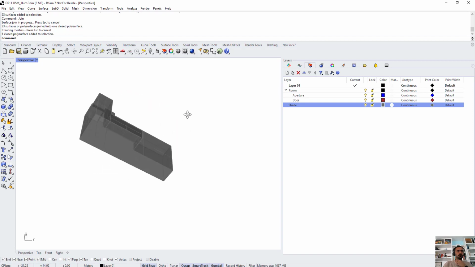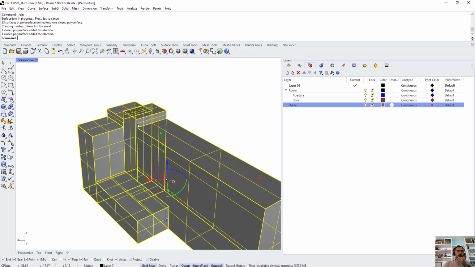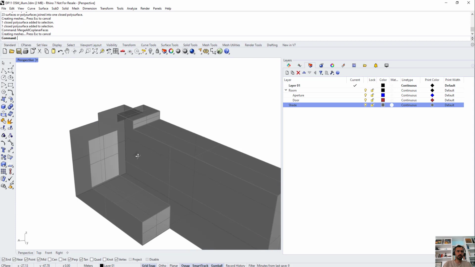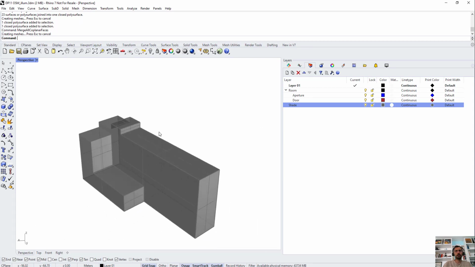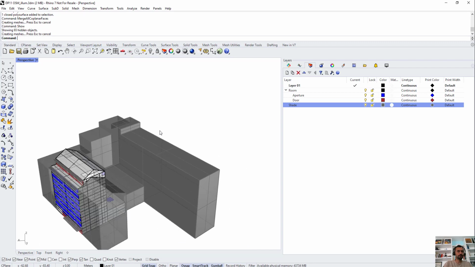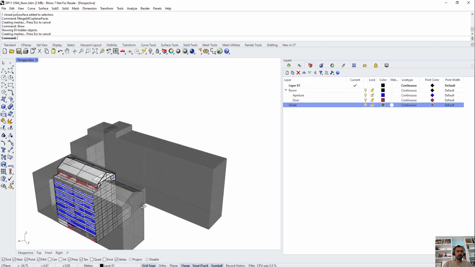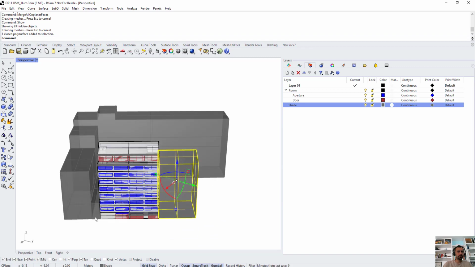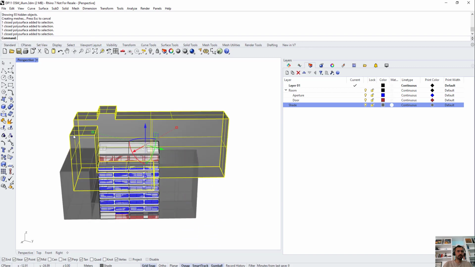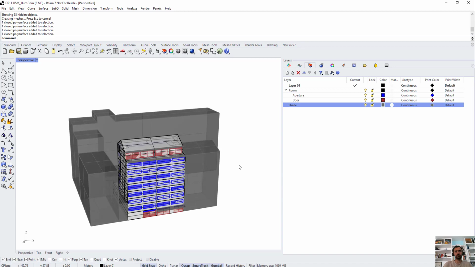One closed polysurface. Then next I'm going to run a command rebuild. No, it's actually called merge all coplanar faces. So it cleans up everything. So I don't have that many additional faces, right? So now if I do show, you'll see that I have these shade objects that are now built as closed B-reps. Why it's important is because now